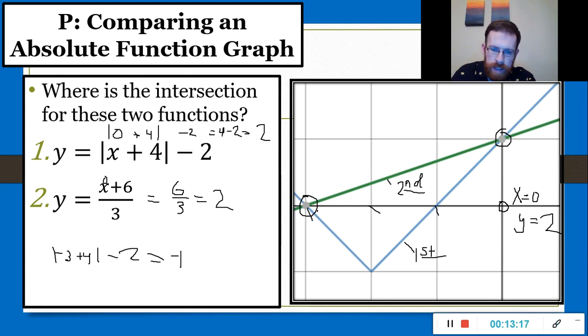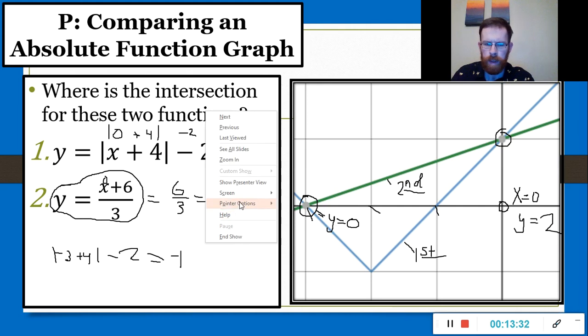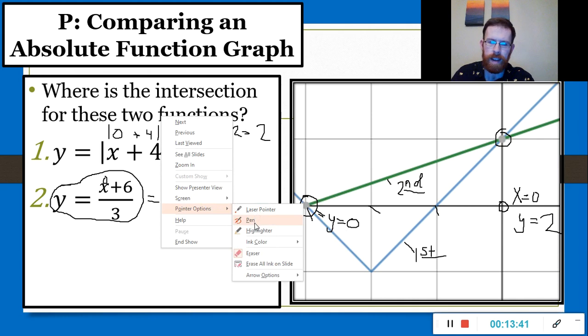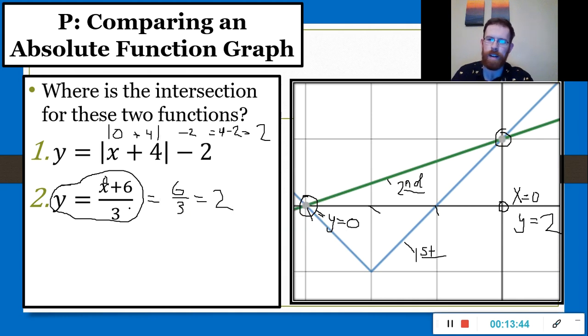Well, since this is at y is equal to 0, what are going to make these equations equal to 0? Specifically, this one. Well, if I'm going to make x plus 6 divided by 3 equal to 0, the only way I can really see that is if my numerator is equal to 0, because that's the only thing changing. So what plus 6 gives me 0? What if x is negative 6? Well, if x is negative 6, that's negative 6 plus 6, which would give me